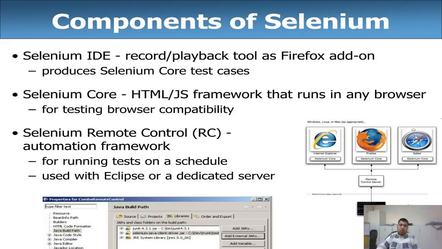These are the different components of Selenium: Selenium IDE, Selenium Core, Selenium Remote Control, and Selenium automation frameworks. So these are the different components of Selenium. There are different materials